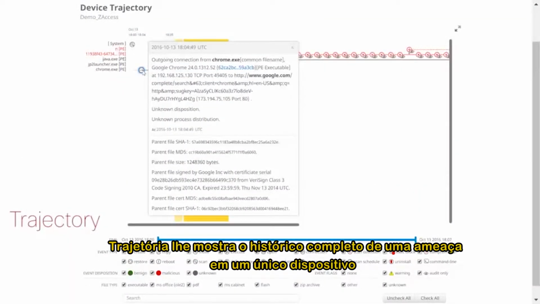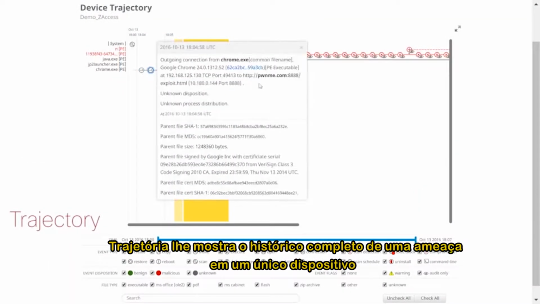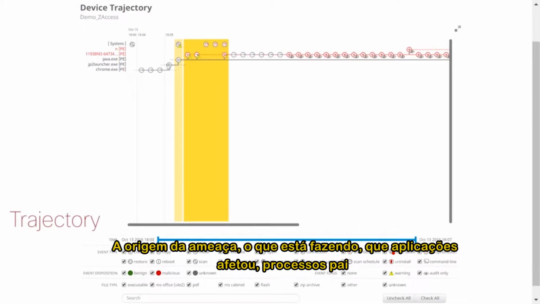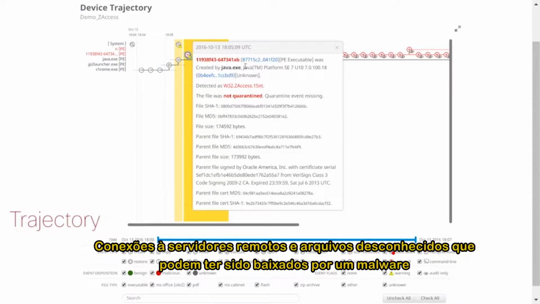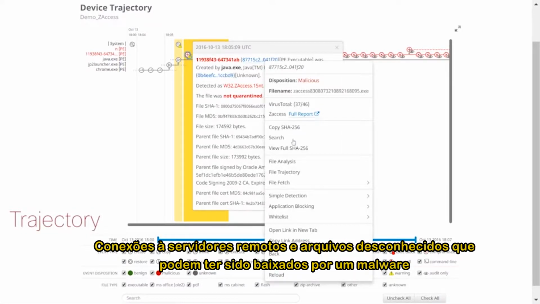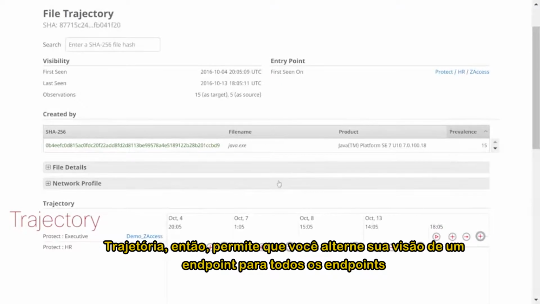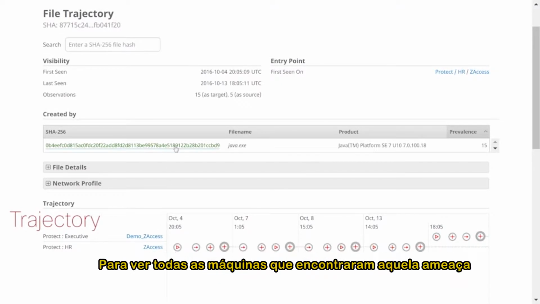Trajectory shows you the complete ancestry of a threat on a single device: the origin of the threat, what it's doing, what applications it's affected, parent processes, connections to remote hosts, and unknown files that may have been downloaded by malware. Trajectory then lets you pivot your view from one endpoint to all endpoints to see all the machines that